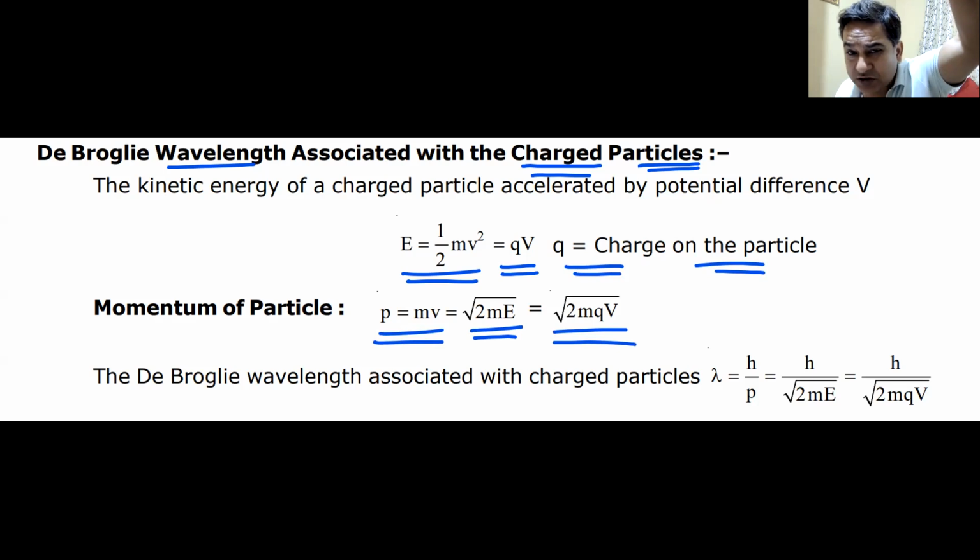It is just a continuation of what we were doing. What we have written above is momentum is root over 2m into kinetic energy. Now I am writing it as root over 2m into q into V, where q is the charge of the particle and V is the potential difference. Yes or no? Yes, sir. Have you written this down, sir? 5 seconds. Write it, sir. Because then I will do it bigger, sir, and then you will not be able to write it, sir.